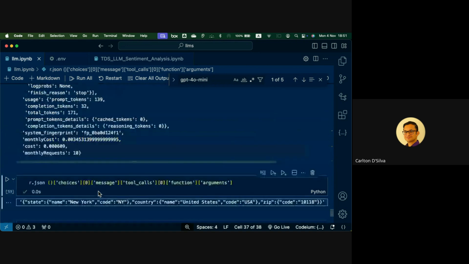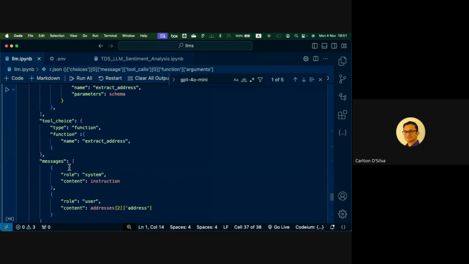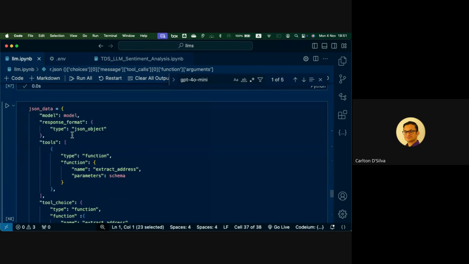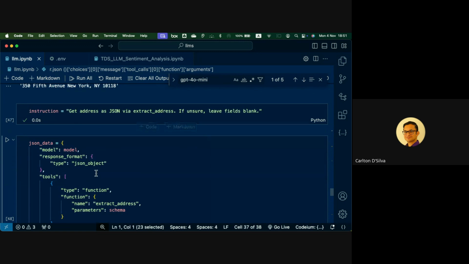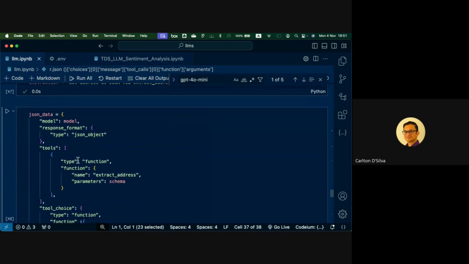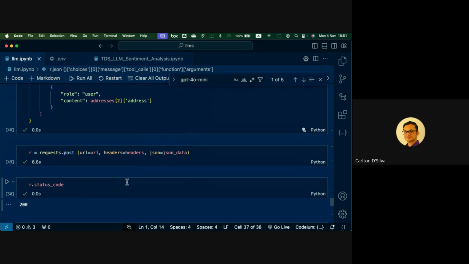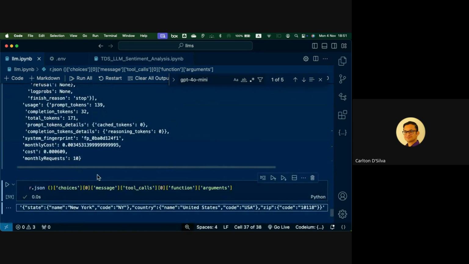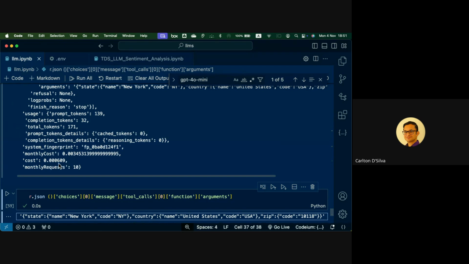Yeah, and it's done it. And now we can send it thousands of addresses, and it'll extract data exactly out in this form for you using the API calls, and it'll do it super cheaply. How much did this cost us?